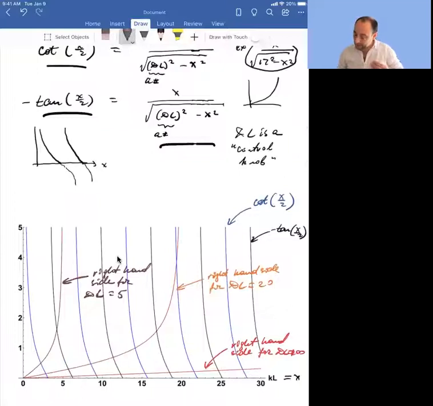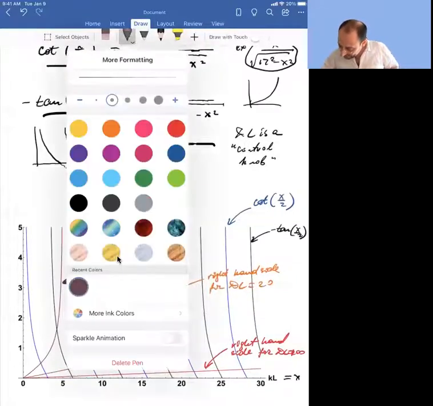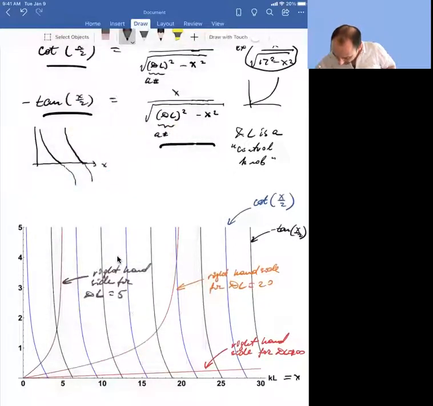In other words, X is such a value of KL, is such a number that corresponds to these intersections. You see, so these values right here are the allowable values of X,